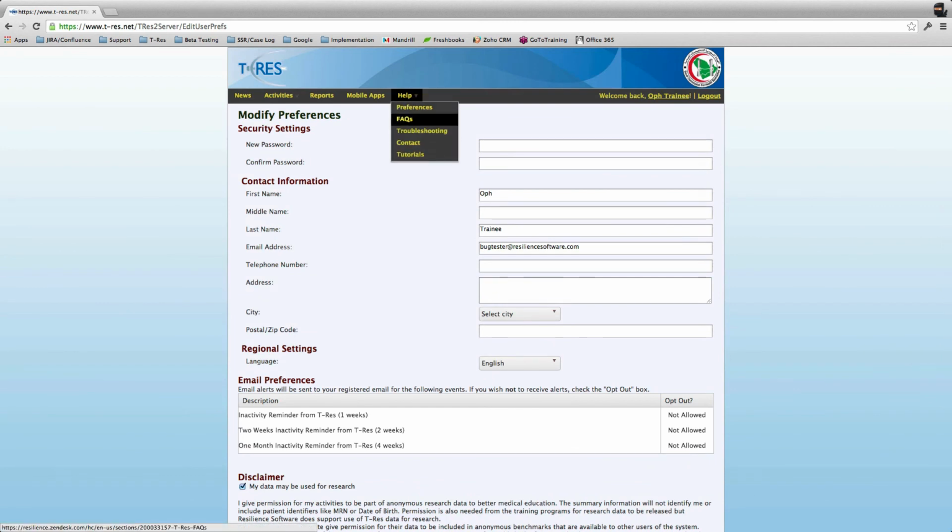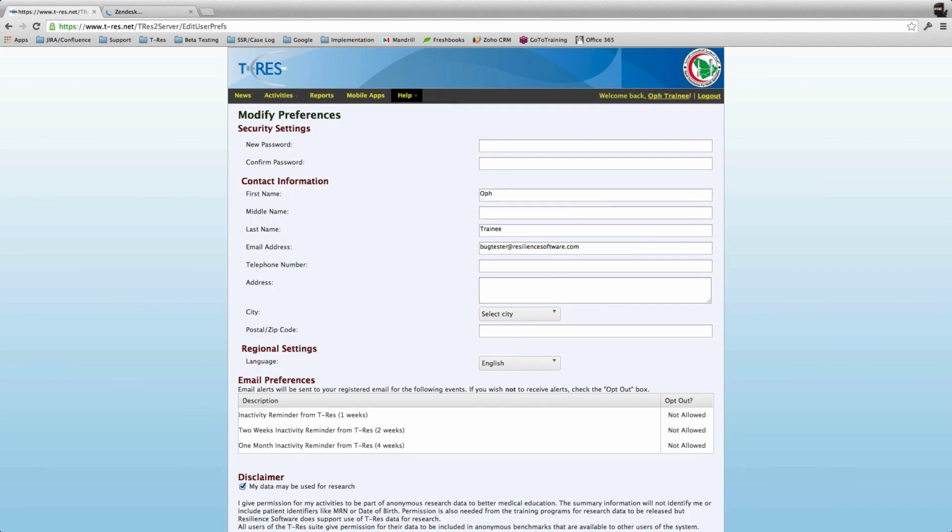And under the Help menu, you'll also find links to FAQs. Those are frequently asked questions, troubleshooting guides, as well as links to tutorials. So a lot of the stuff that we cover today will be in our knowledge base. So there's lots of great resources to read up on in case you get stuck at any point. You'll also be able to contact us for support as well. We're available by phone. We're also available by email as well, and we do encourage you to contact us if you have any questions or need